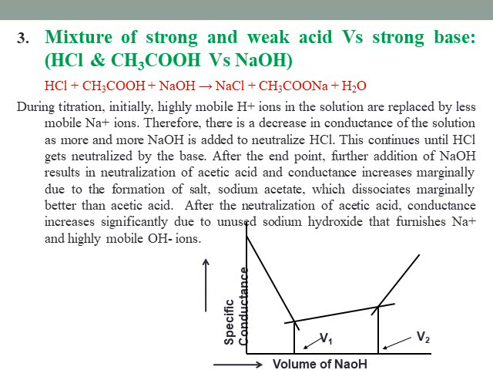So in the first instance, H plus from the HCl is consumed. In the second straight line, the H plus of acetic acid is consumed, and in the third straight line, the excess OH minus gives the steep rise. The intersections of these straight lines give you volumes V1 and V2 respectively. Volume V1 is the amount of NaOH consumed by HCl, and V2 minus V1 gives the volume corresponding to the acetic acid present in the acid mixture.